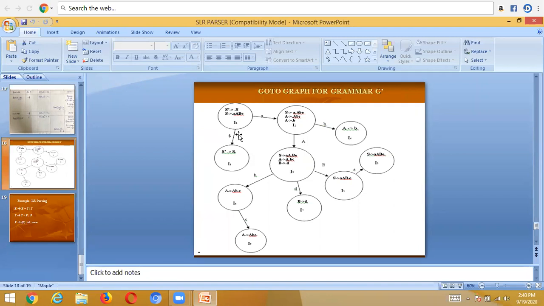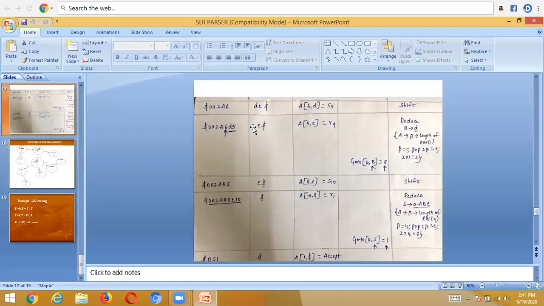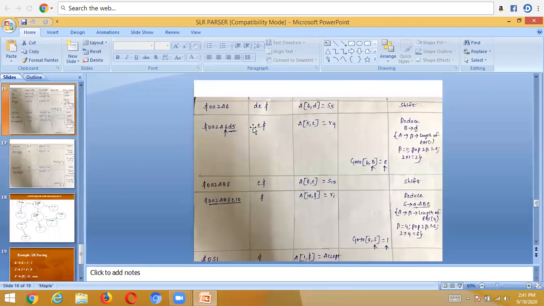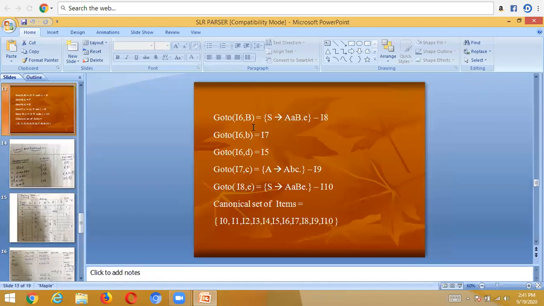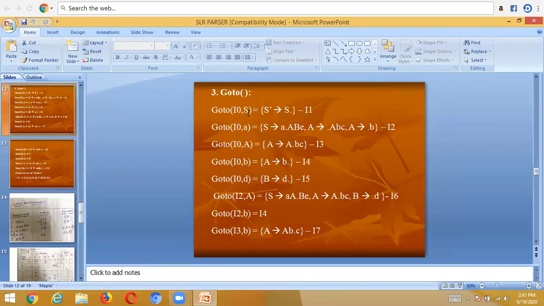If you get confused by writing all these rules, then eliminate the writing of the production rules. Just by taking the I naught item numbers, you construct the graph like this. It's enough, right? That means from I naught, from the computation of the go-to function, we're having the transition path. What it means? With I naught, with S, it goes to I1. That means we know at last what canonical set of items we get after computation from I naught to I10. So I naught is the initial state.